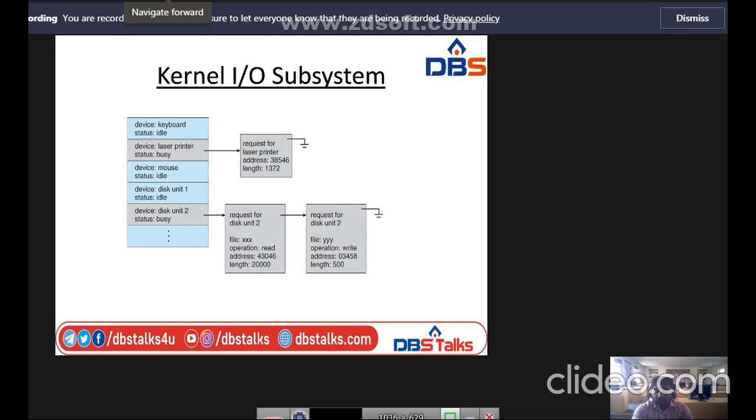Here we are going to talk about buffering as well as caching and error handling. The first one is buffering. Buffering I/O is performed for three major reasons. First one is speed difference between two devices. A slow device may write data into a buffer, and when the buffer is full, the entire buffer is sent